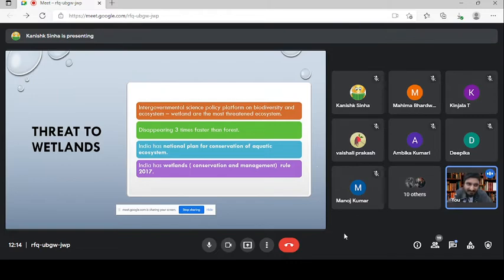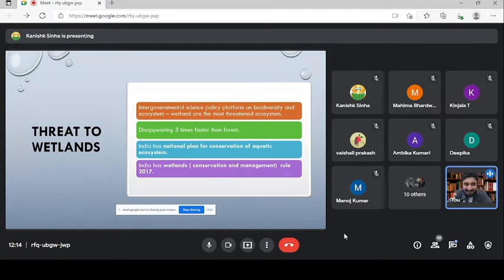Because of the threat that the wetland is facing, India has two things that you have to remember. First is the National Plan for Conservation of Aquatic Ecosystem, and second is the Wetland Conservation and Management Rule 2017, guys, which is a very recent one. So, in view of wetlands disappearing 3 times faster than the forest, India has two plans for the same. Directly you will be asked which of the following